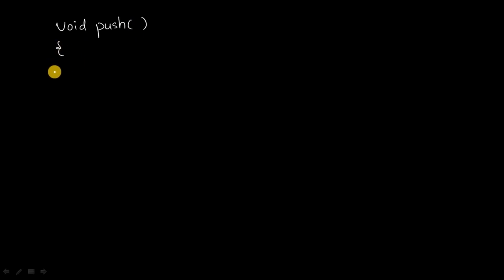The first thing we have to remember in the push function is, if the stack is not full, then only you can add an element, right? If there is no space in the stack to add an element, you cannot add the element. So the first thing is, you have to check for the stack overflow.